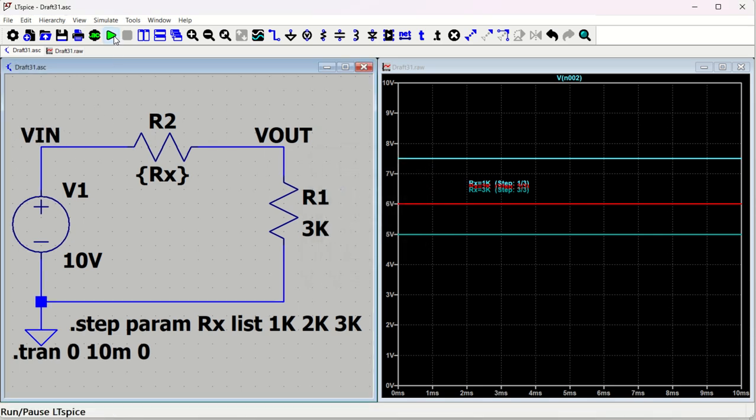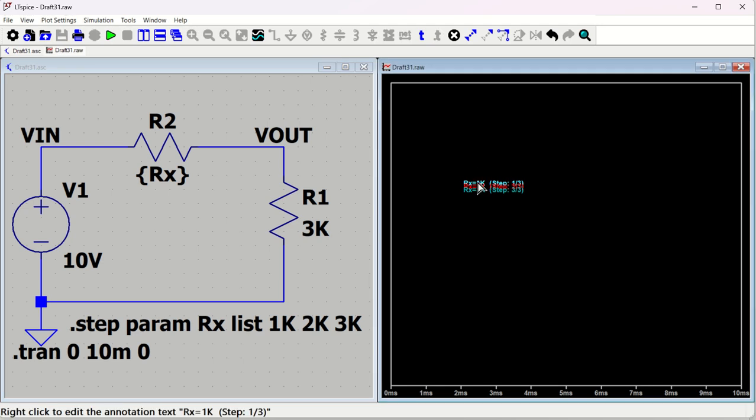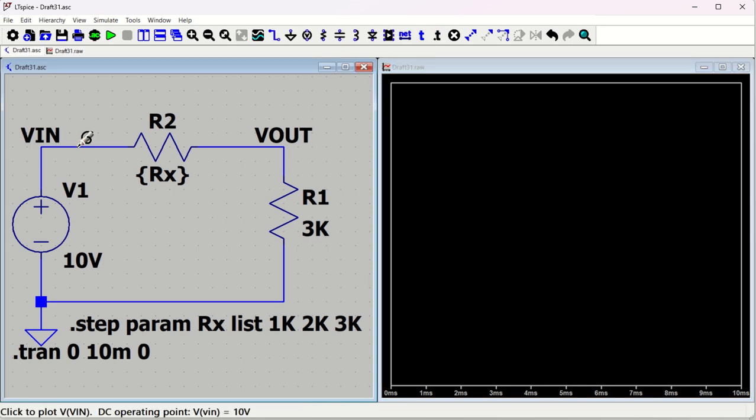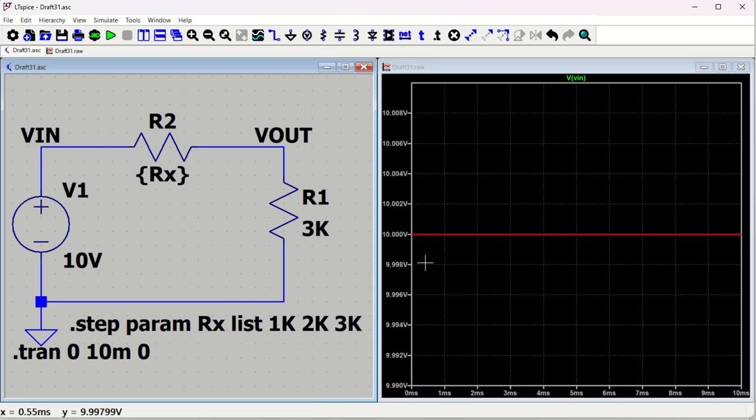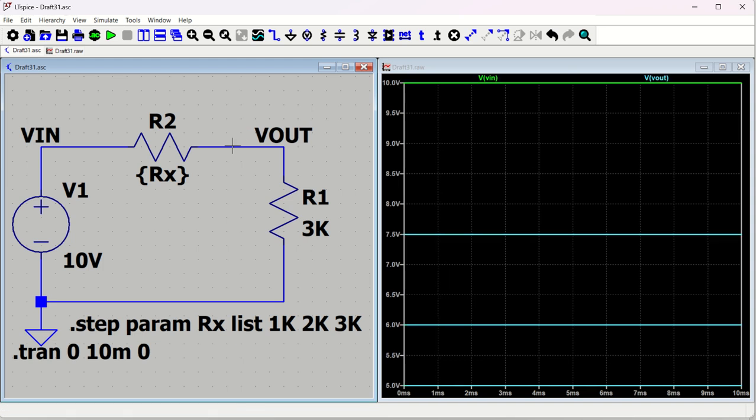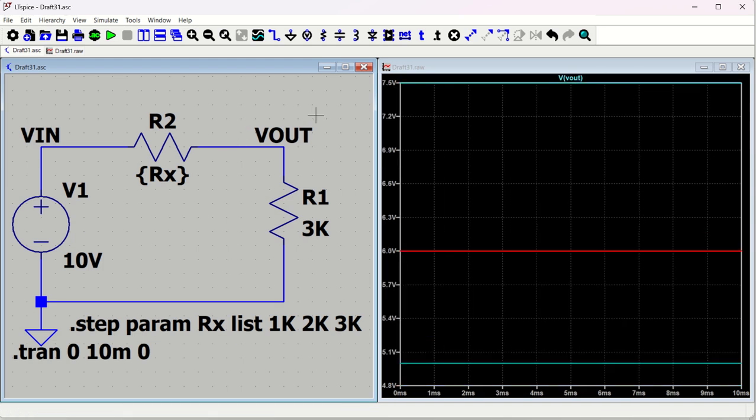Now let's rerun it. I'll just delete this annotation. Now once I put the probe, what is happening? V in is coming 10 volt. What is happening here? V out is coming. Double right click so that only 3 colors come. So V out is 7.5, 6 and 5 volt. If you want,